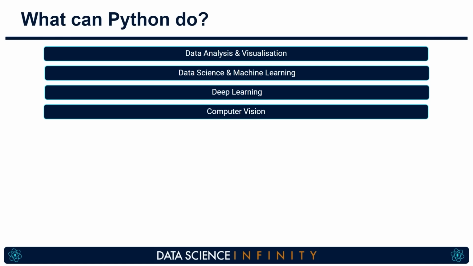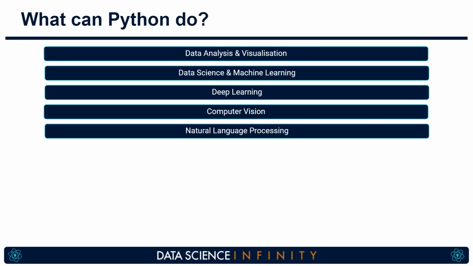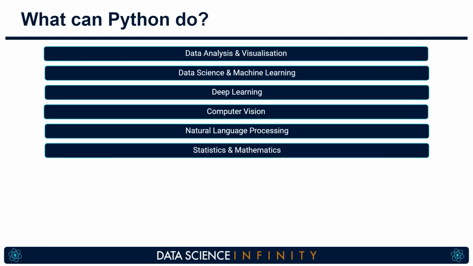There are also dedicated libraries for computer vision, and one in particular called OpenCV that helps us deal with any image or video data that we want to modify, manipulate, or process. Similarly, we can undertake tasks in the realms of natural language processing, or what is often simply referred to as NLP, where we are dealing with understanding, processing, and even creating text data. There have been huge advances in this area in recent times, so this is a really exciting field. Underpinning a lot of the topics that we have just talked about is statistics and just mathematics in general. There are packages devoted to this in Python, and these are very commonly utilized in pretty much all of data science and machine learning.